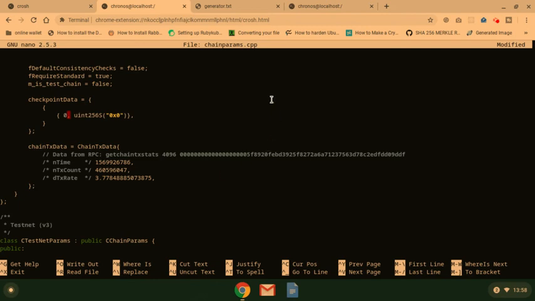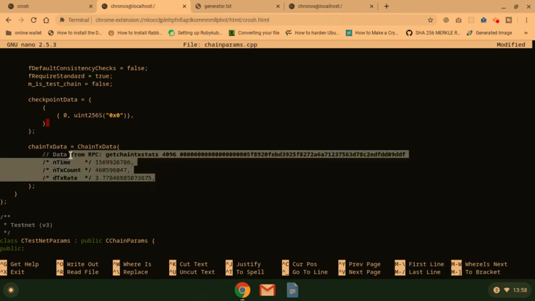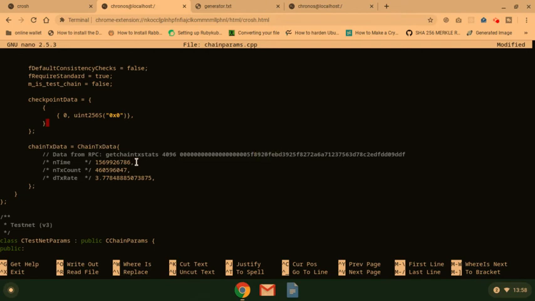Then you have to get from this transaction, chain transaction data, you have to add the import time. Delete this TX rate and add 0 to it. Delete the transaction count, add 0. Then for the epoch time, from the time,